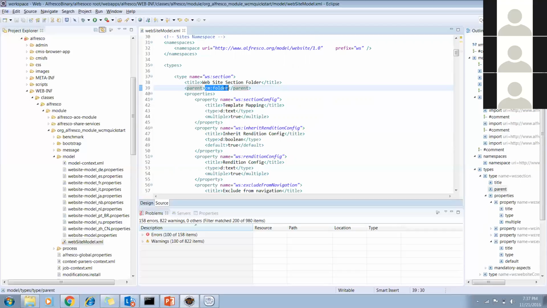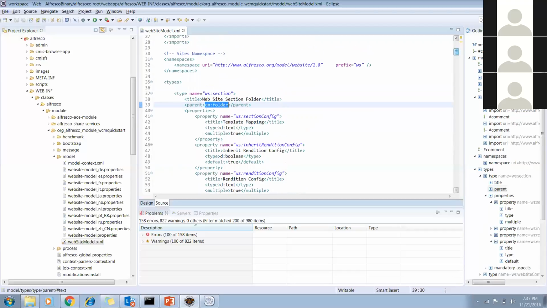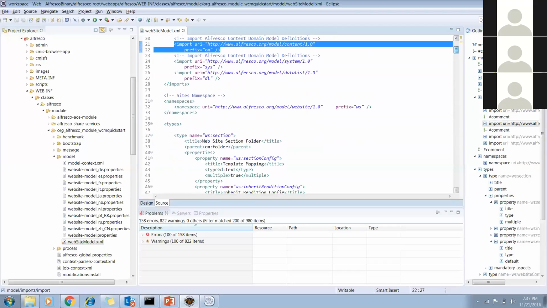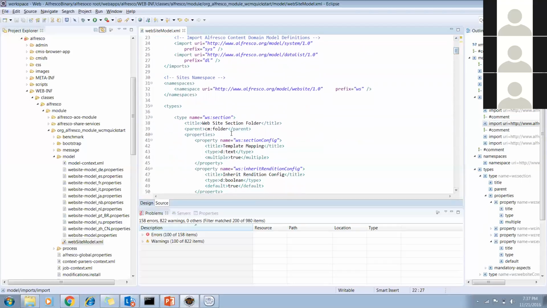If you go to this content model, you will find cm:folder is one of the types, content type, document type. Whatever properties, values and attributes are defined for this folder are inherited here.